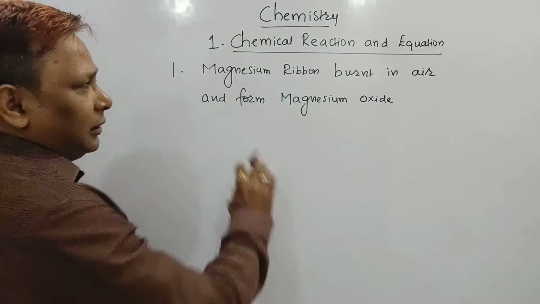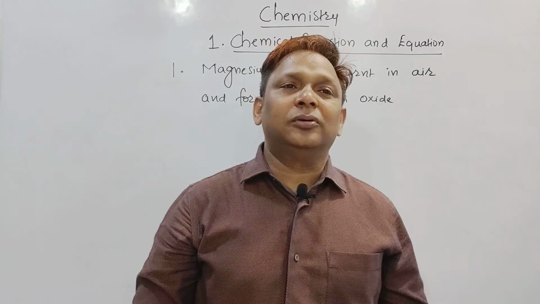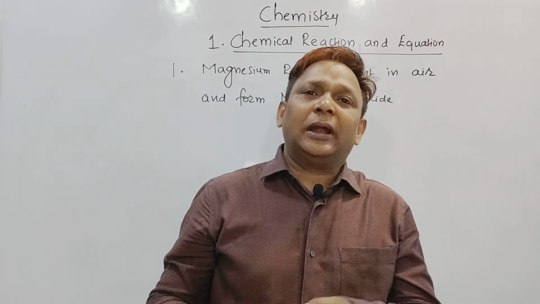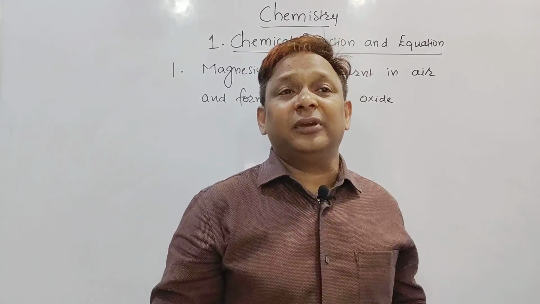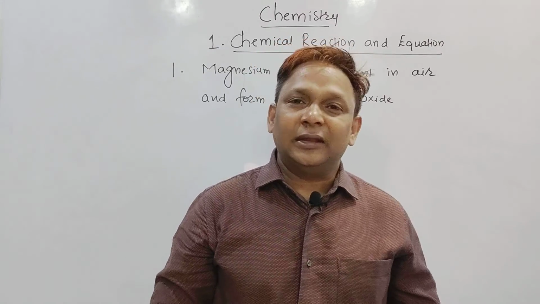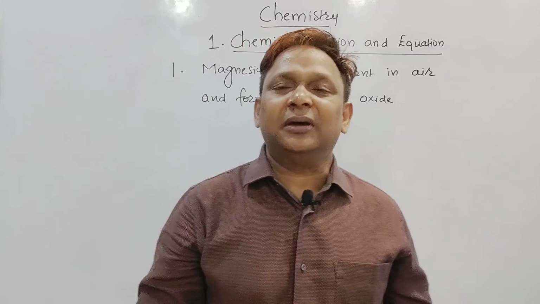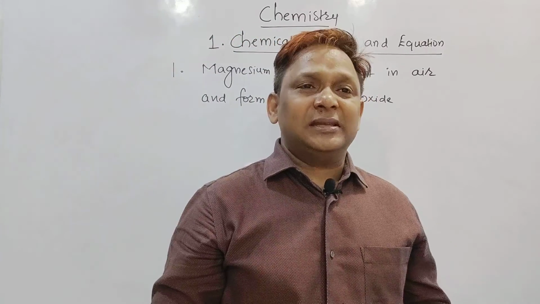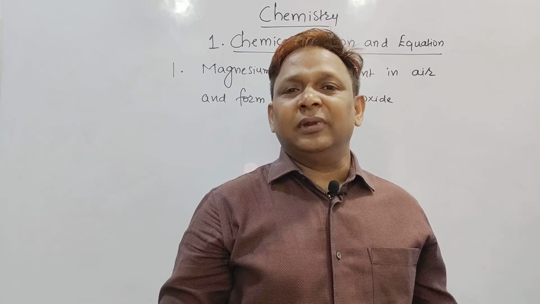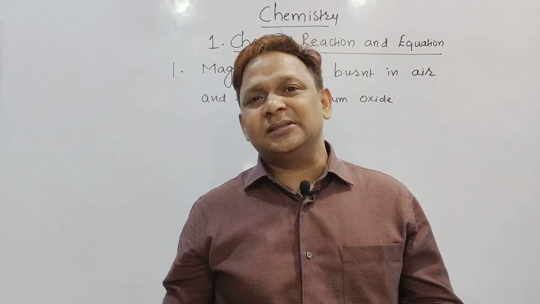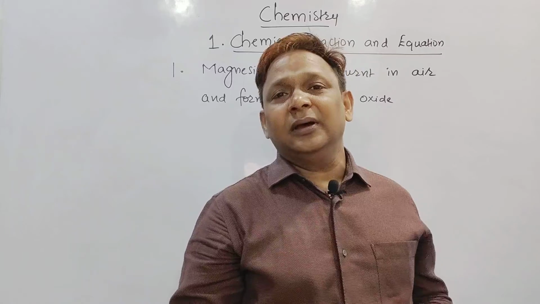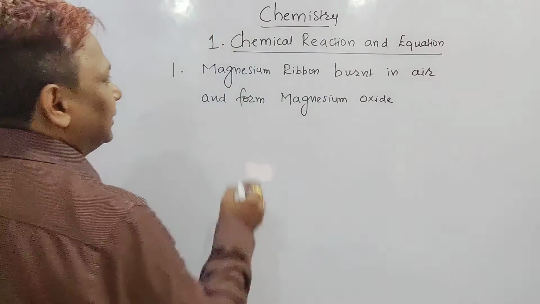Actually, to understand this statement, what should we know? We should know how to write reactions and how to represent everything in the form of chemical reactions. For writing chemical reactions, two important terms are there. One is called a reactant and the other is called a product. A reactant should be written on the left hand side and a product on the right hand side. Let me explain here.